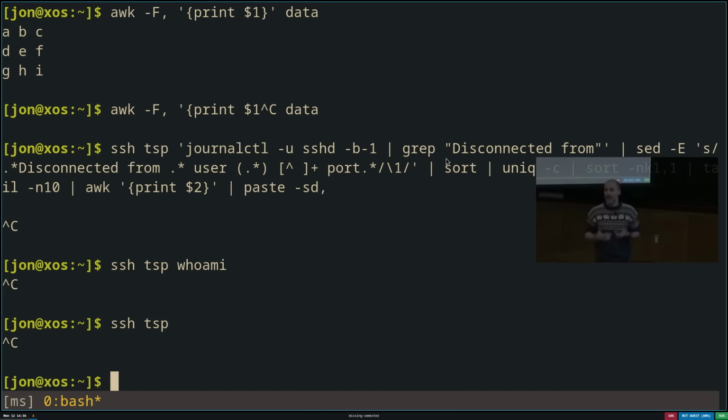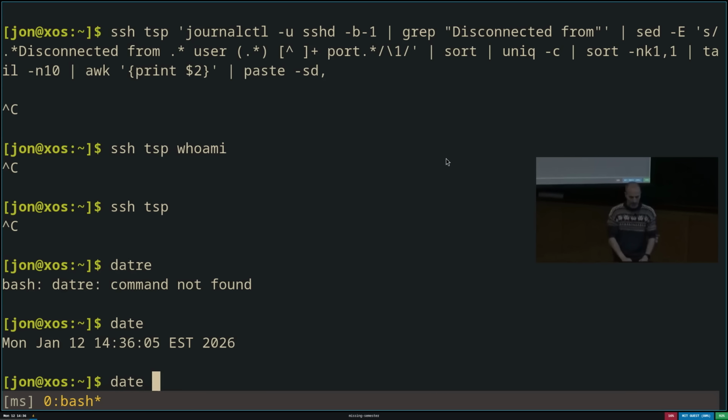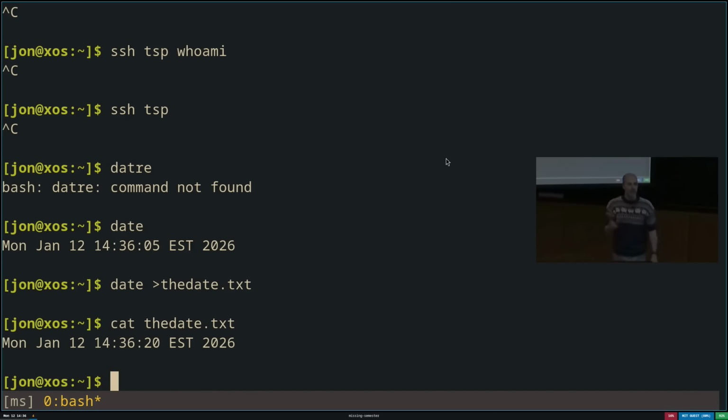There are a bunch of these kinds of operators in bash. So for example, I ran the date command. Well, I can say I want to take the date and I want to write it into the date.text. So the angle bracket here to the right is saying take the output of this command and write it into this file instead of to my terminal. And now if I cat, so print out the contents of this file, you'll see that that was the result of date.